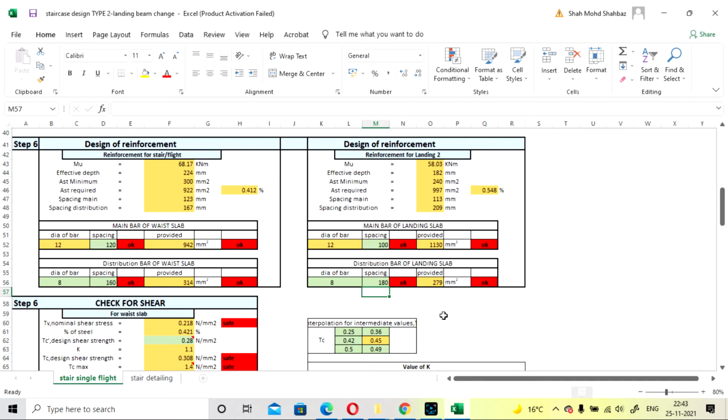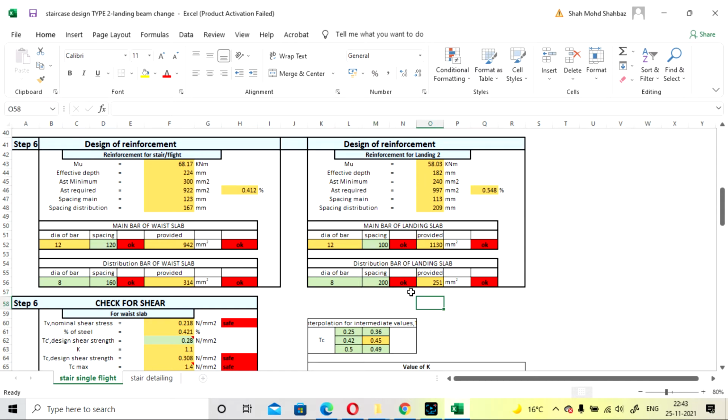Our spacing will also be under the maximum calculated value, that is 209, and our area is also fulfilled. You can increase more because it is also passing here. The 264 is more than 240. If we go with 200, it will come as 251, and it is more than 240, so it is also showing okay.